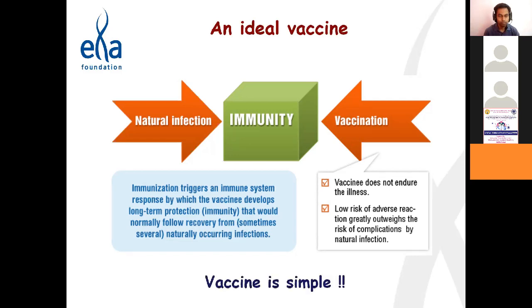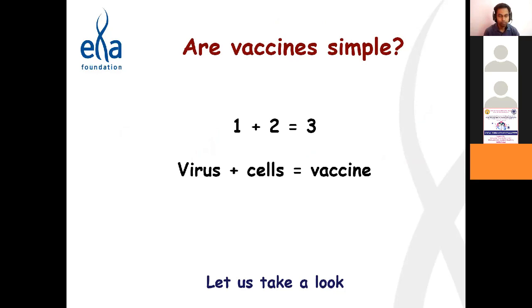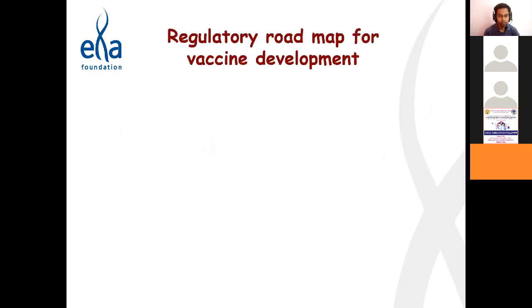But this image looks simple, and that is not the case. If we ask this question, it's not 1 + 2 = 3. It is a lot more than that. It looks simple: I put this virus plus cells and you get the vaccine. This is the simplest way we can explain it, but that is not true. So moving ahead,